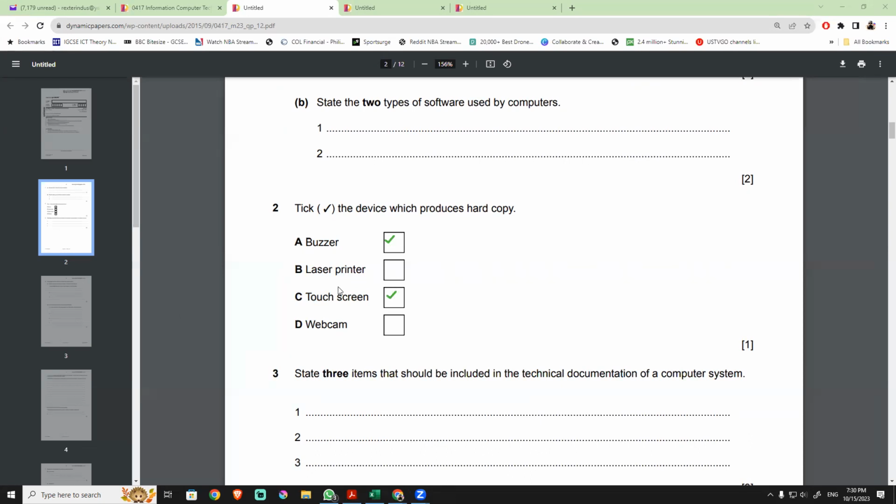And how about the B? Is it output or input? Output. Yeah, also output, huh? So the only input is the webcam. Okay? Yeah. All right. So anyway, that's not part of the question, but as I've said, I will ask